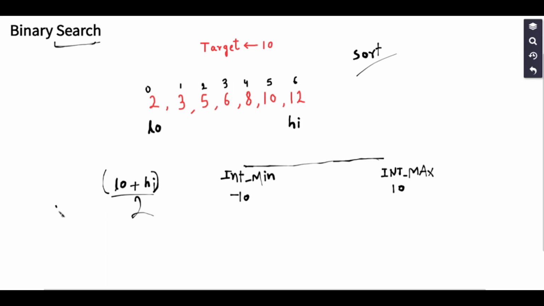Now if I calculate the middle element using this approach, let's say low is 5, and high is 7. So think of it as we are standing at 5, and now I have to make 7 more jumps. Fine. So if I start jumping from the 5th integer and I want to make 7 jumps, then after 5 jumps I will be standing at the 10th integer, because 5, 6, 7, 8, 9, 10. That is the last value,